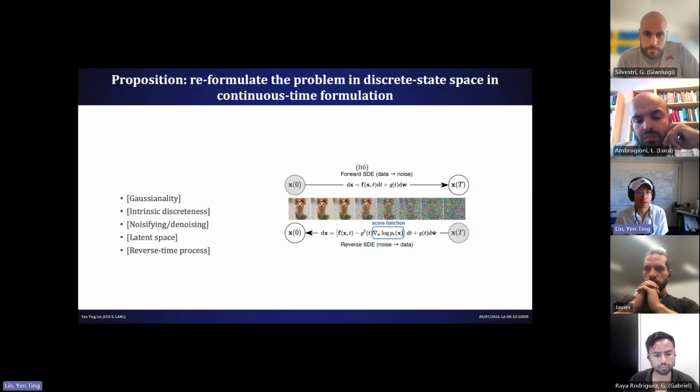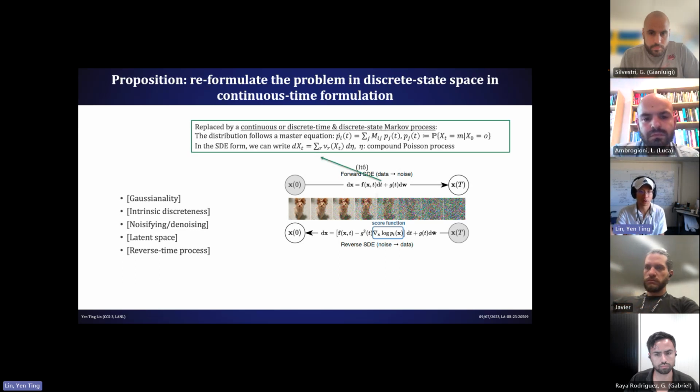So the proposition here is simple. For all stochastic processes, you can always decompose them into two types. One is a diffusion, the other is a jump. And since the diffusion is taken care of, let's just look at the jump. The simplest way of looking at jump processes is to go to a discrete state. So here we either construct a discrete time or a continuous time, but both of them have to be discrete